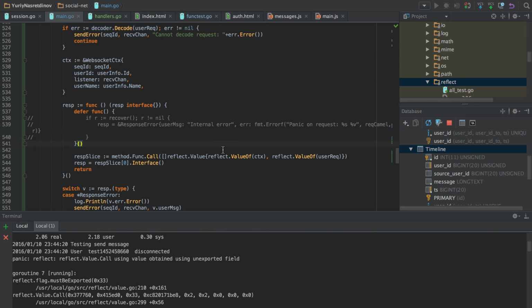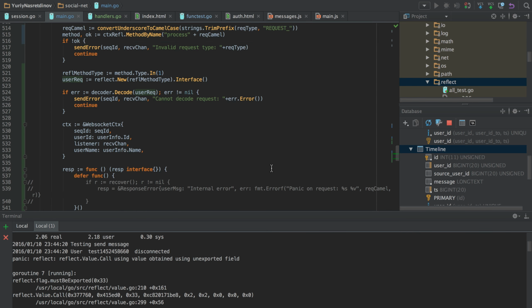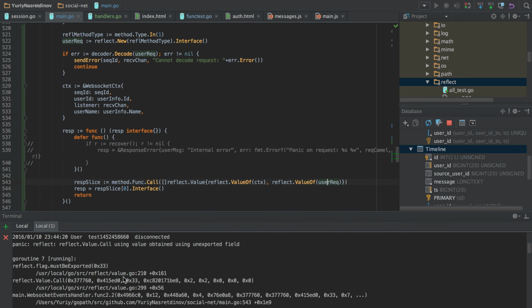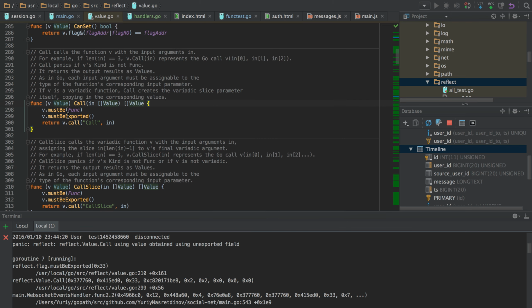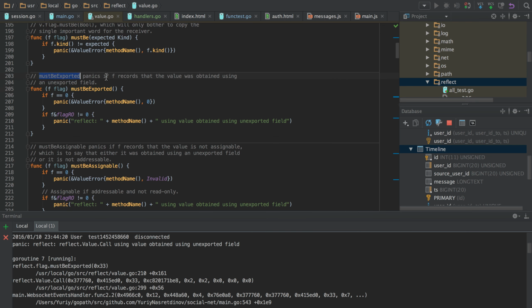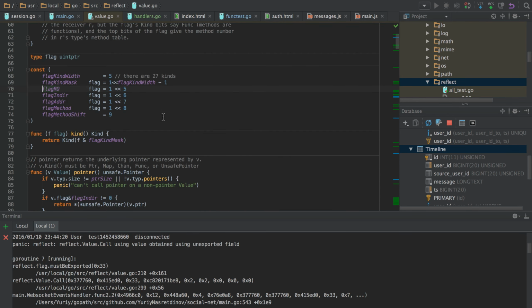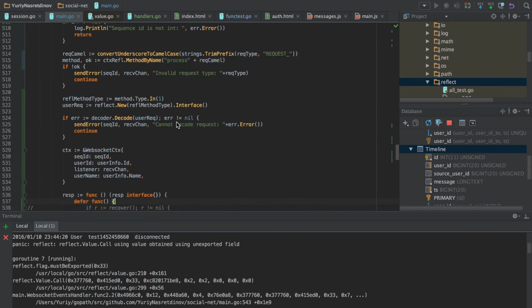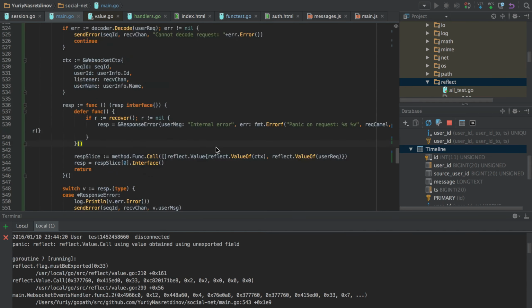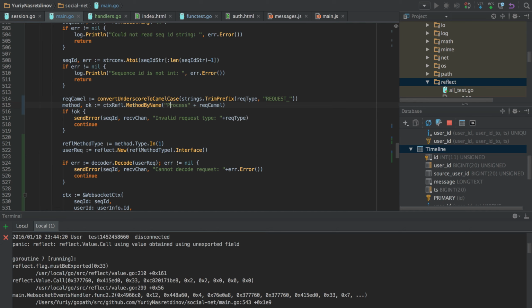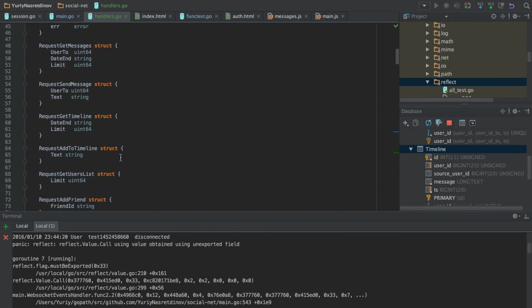I see which line causes the panic, and I see that the must-be-exported check does not allow us to call the methods we are trying to call.